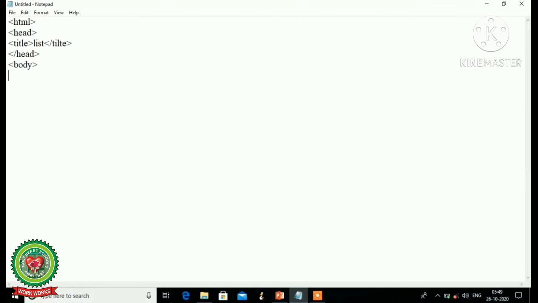If you want to display any message on the web page, we will write all the things under the body tag, and here I am going to start the unordered list. First of all, for that I have written UL in angular brackets. Students, here I have written one line, components of digestive system. I have not written this line in a list tag because it's just a simple line in the form of a paragraph.